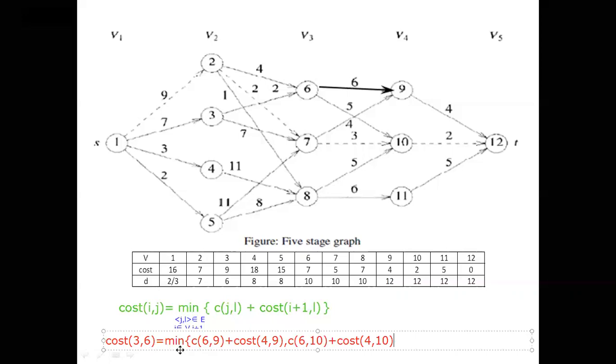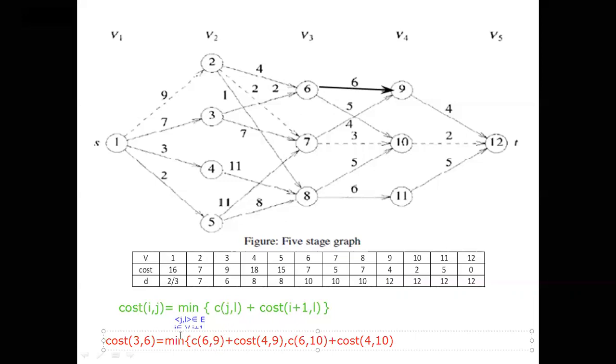Like that. Minimum is minimum. C only, that edge we have to get. How to get that particular edge? We have to get it from j. In this case j is 6. 6 to l. l means any other vertex. j to l will form an edge. j is 6, l is 9. It will form an edge. That's why 6, 9. I hope it's clear.